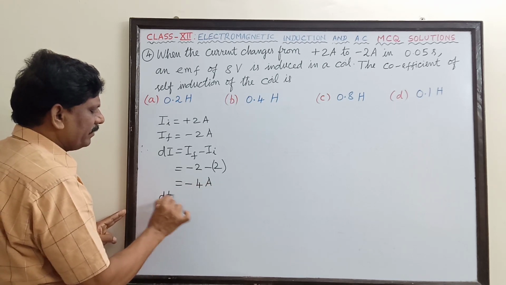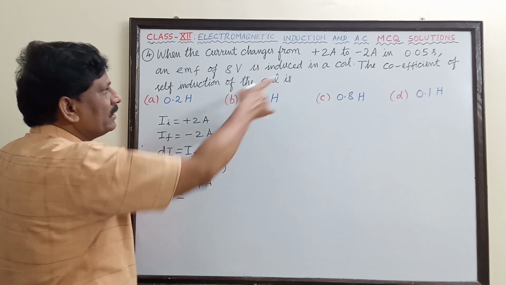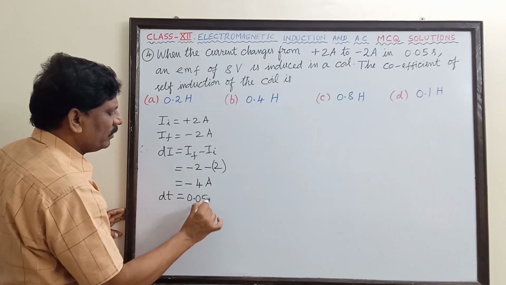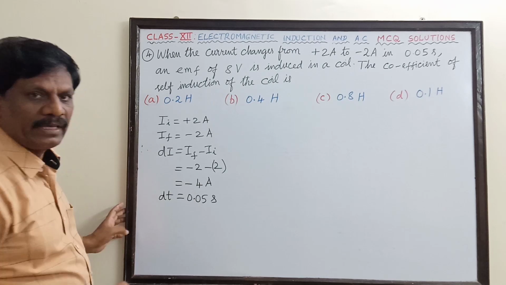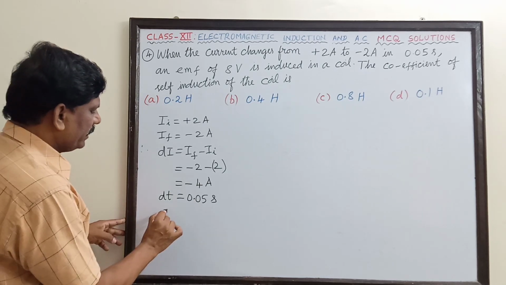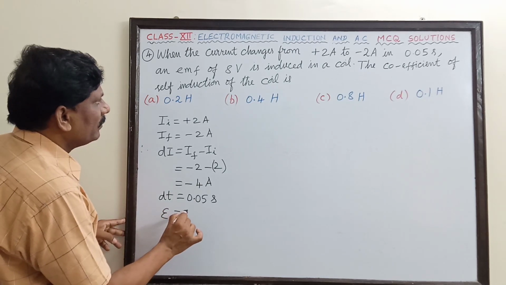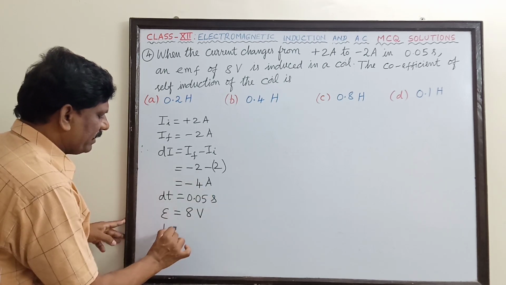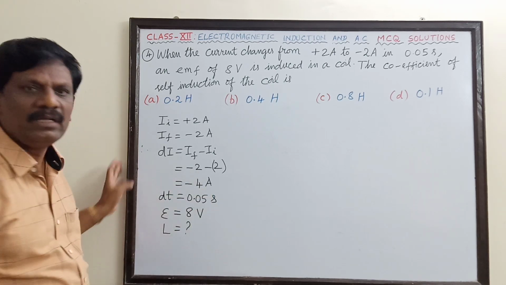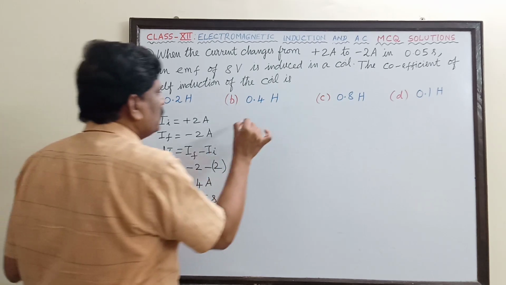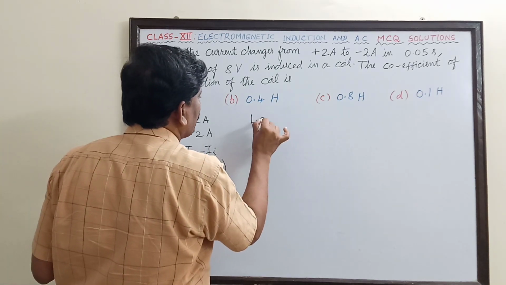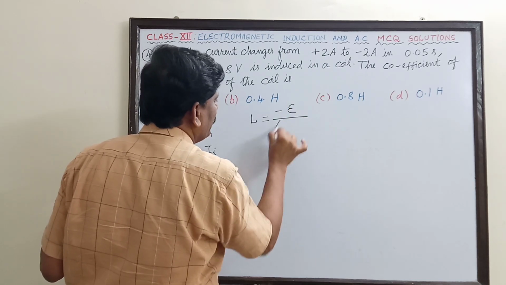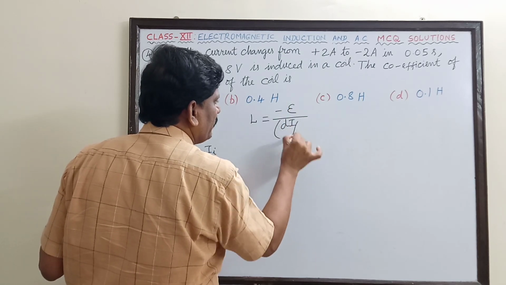And the time during which the current changes is given as 0.05 second. Then the induced EMF's value is 8 volt. So the self-inductance of the coil L has to be found. Now self-inductance of the coil is equal to minus of induced EMF divided by the rate of change of current,